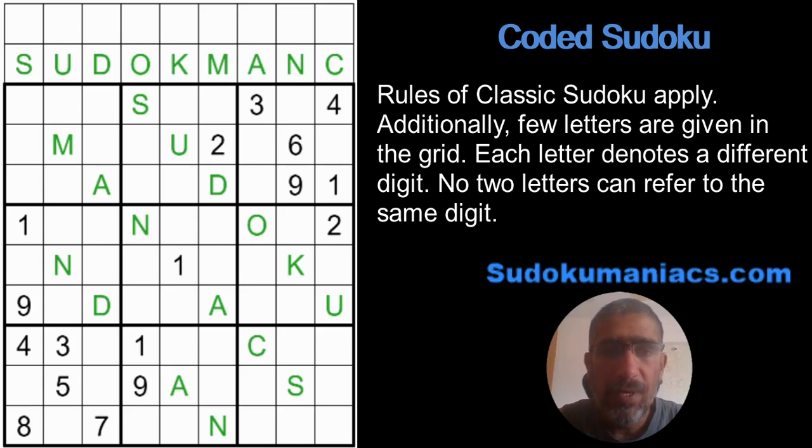Now when you're looking at this image, I would suggest you just focus on the grid and ignore the top part where I have written some random letters. I'll explain what that is later on.